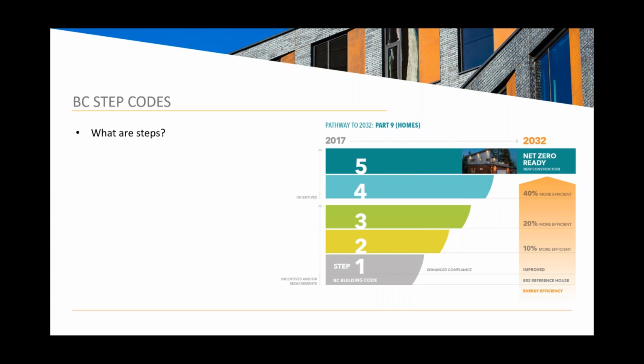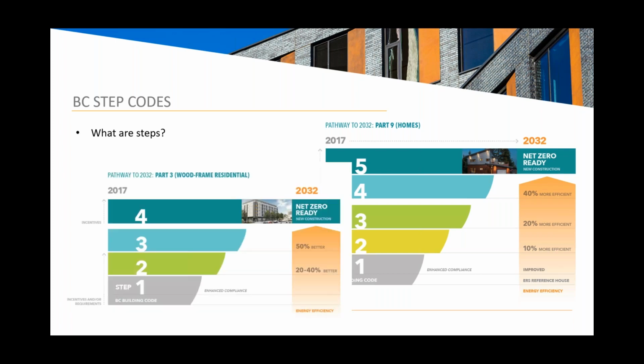In the early part of the pathway from 2017, when this was published, up to 2032, when it is envisioned that the very basic building code compliance will be the top level of this step code, between now and then, incentives will be the most logical way to encourage the construction community to learn and adopt these higher targets. So here's that pathway to 2032, where we're all net zero ready.